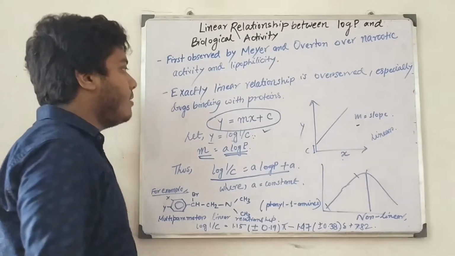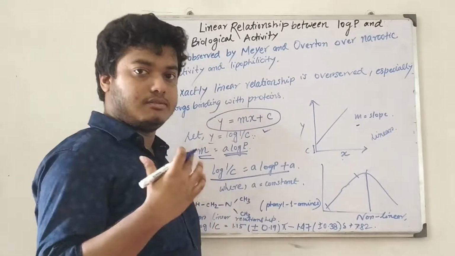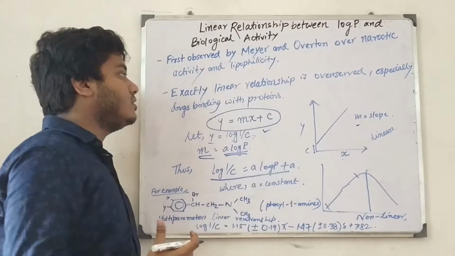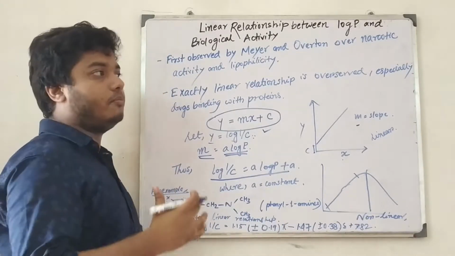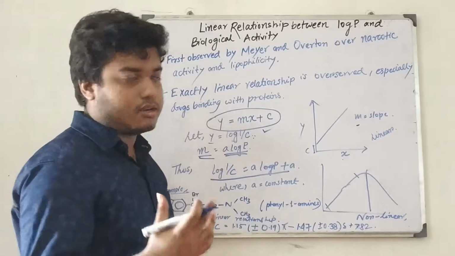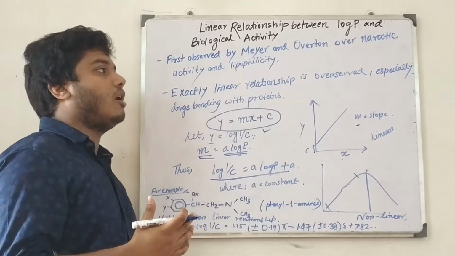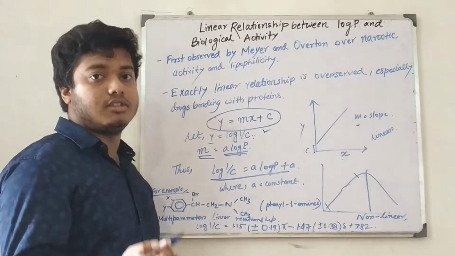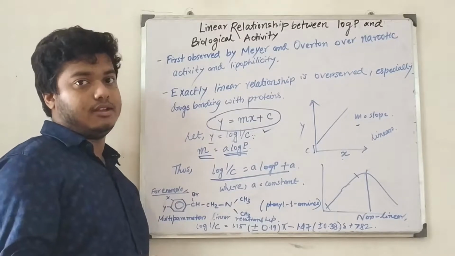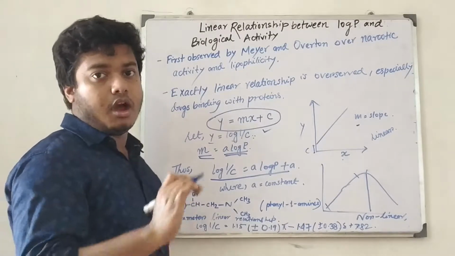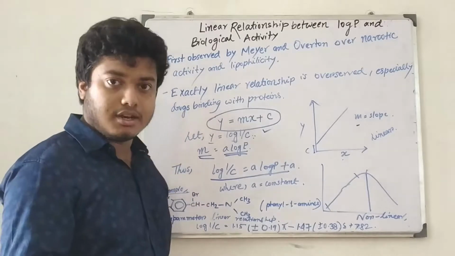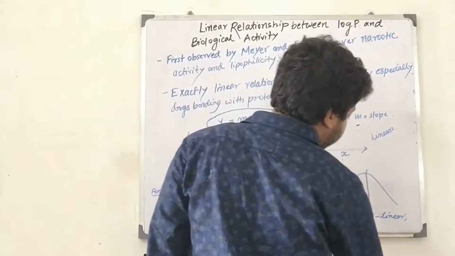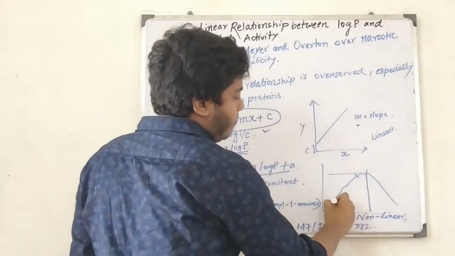Okay, so all these type of linear relationships that is seen in the narcotics and bactericidal drugs show many points. It reflects up to what extent a biological activity can be increased. If we increase the concentration of drug, there must be an optimum up to which the biological activity will increase. But in real situation, what we observe is that up to some extent